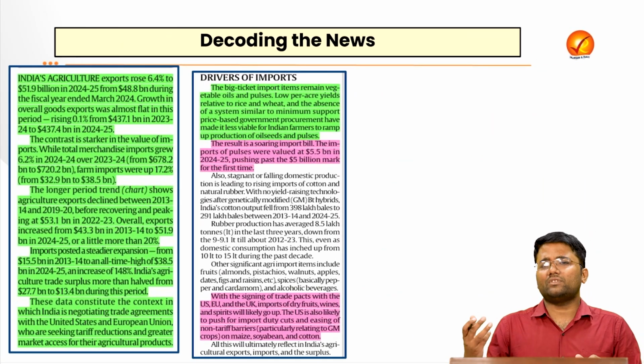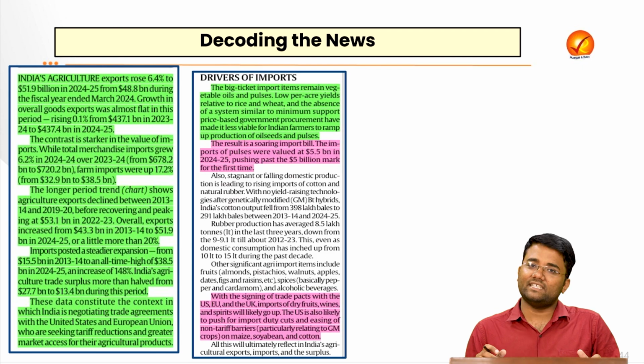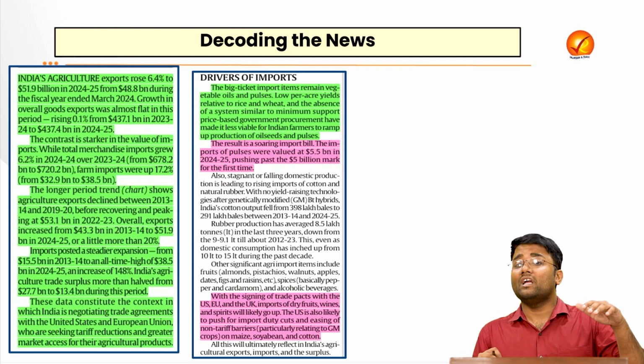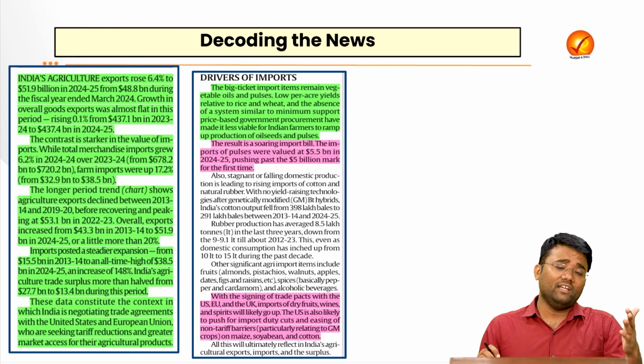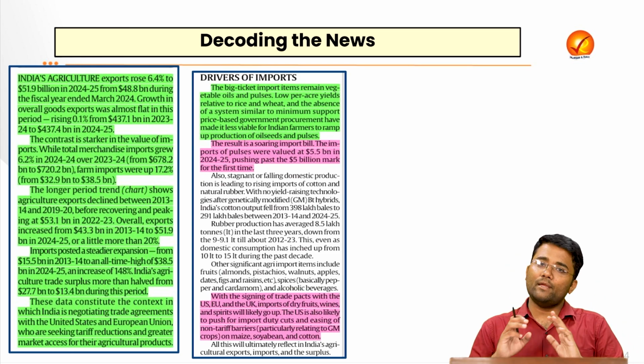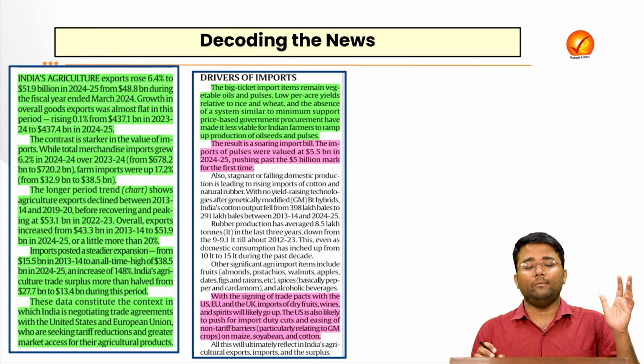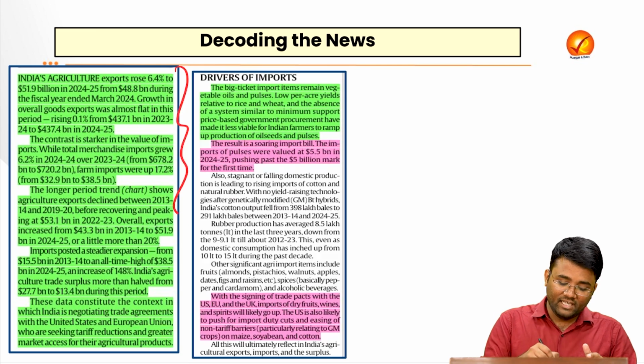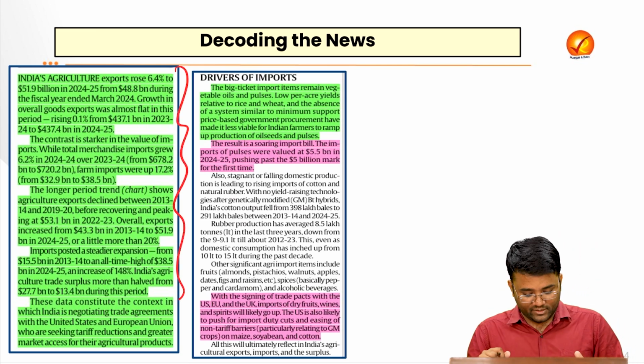This is about the free trade agreement. India is in talks to sign free trade agreements with various countries, and that will impact the agricultural commodities that India is exporting, as well as the commodities that we are importing. The import and export of all these products will be impacted, which has been highlighted in this explained section of the Indian Express.